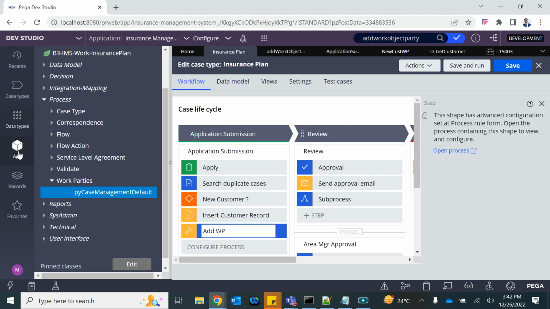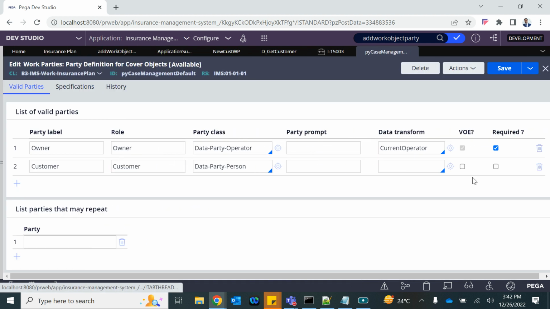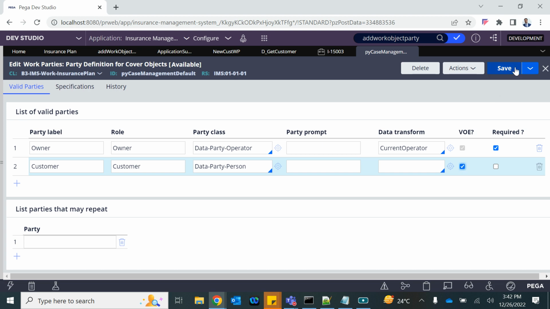The second thing that I wanted to explain to you guys is, okay, let's say that I just mark it voiceover entry, this customer, and when you create a new case,